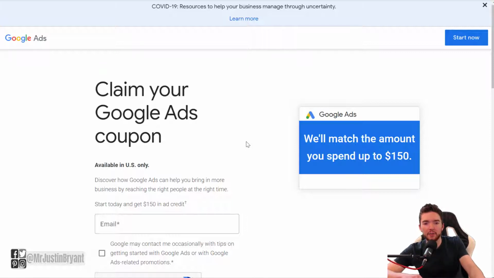And then you can cut it off before you have to spend any money if you don't want to spend any right now. So again, this is just an example of a promotion that Google does. There are plenty of other ad platforms where you might not even have to spend any money to get that $20 for free or whatever to start ads.